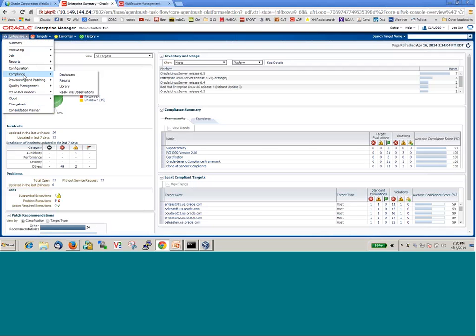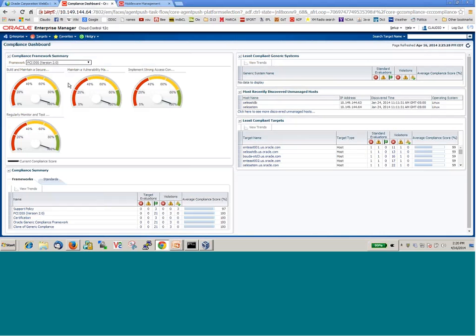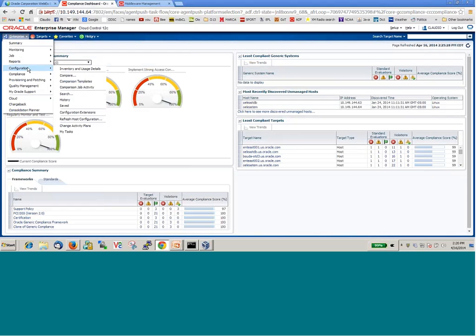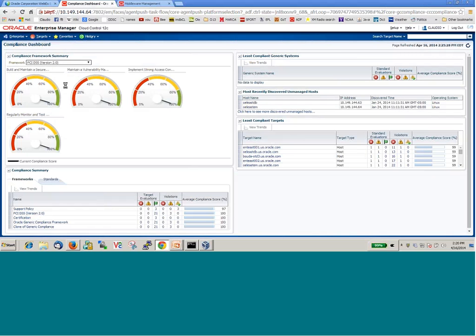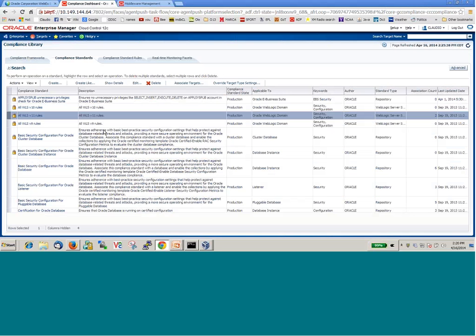So if I go back to PowerPoint here, I mean to the actual system, if I go to enterprise and I go to compliance, so let's go to, say, the dashboard. This will tell me what is compliant and what's not compliant. But more so, if I go to compliance and let's see to the library, this is pretty interesting because it will tell you how many